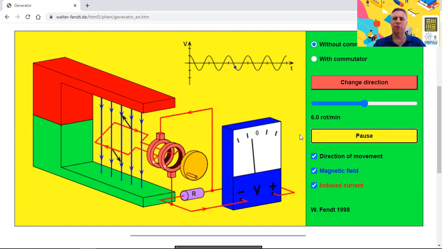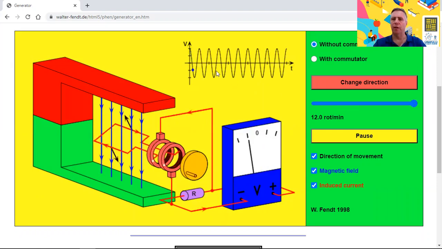Now, once again, let's consider what happens when we change the speed of rotation from 6 rotations per minute to 12. And just like before, you can see the period gets shorter. The frequency is doubled, the period is halved, and Vmax is doubled. So I think this simulation shows very nicely how the 2 different types of generators work. You can see the web address here, and I encourage you to go there and try out this simulation for